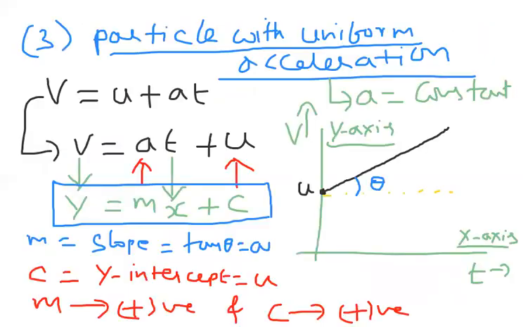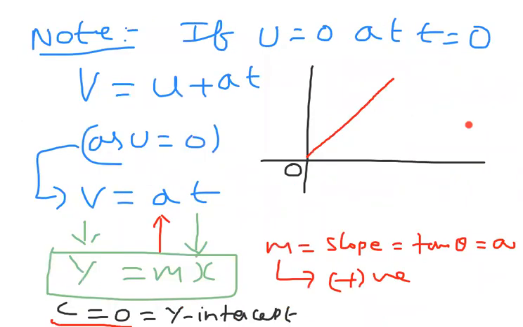In the previous condition, the y-intercept is not equal to 0. So we plotted the graph from the positive y-axis. We started the graph from the positive y-axis because the y-intercept term is there. But now if you observe, here the y-intercept is 0. Then we have to start the graph from the origin.